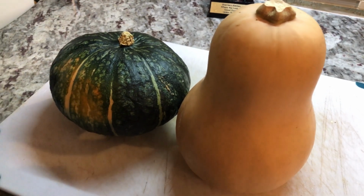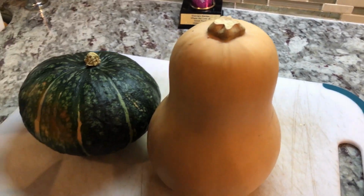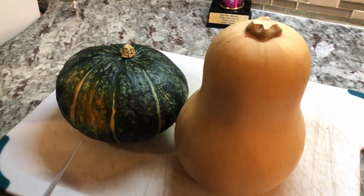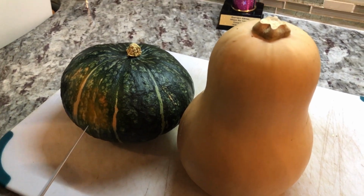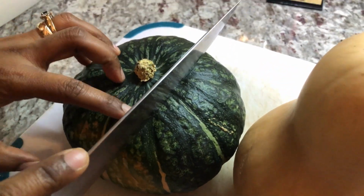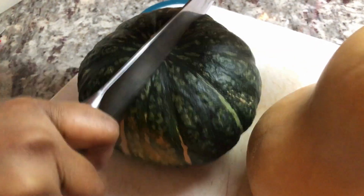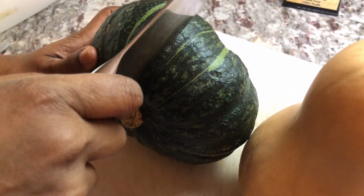So today we're going to start with a combination of a winter squash and a butternut squash known as pumpkin in Guyana. So these squash have their own nutrients, and squashes are very nutritious and delicious and healthy for us. So I'm gonna go in for this one. The skin is usually hard, so we have to put some pressure here. See, this is a very sharp knife, but this squash is really hard,